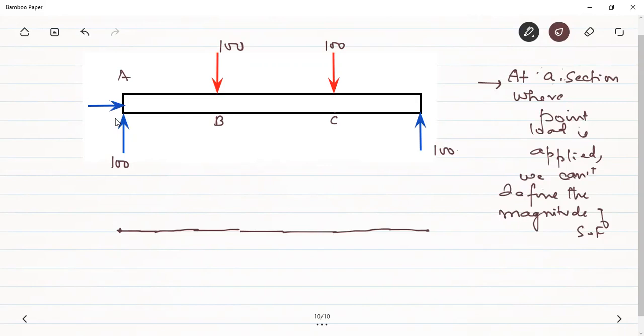I will tell you how the books write. What can I do? I can find the shear force at the right hand side or the left hand side of A. When I am going to the left hand side of A, I don't have the beam. Therefore, the force will be 0 there. There won't be any shear force. But towards the right of A, I'm taking a section just at the right of A.